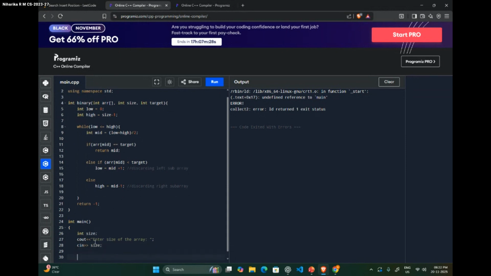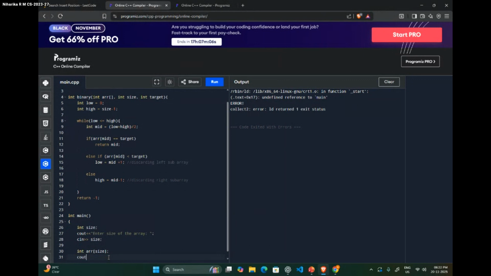And now we need an array, right? So now we'll initialize an array of size. Let the size of the array be size, because we already know the size of the array, so we will just initialize an array of the exact size that we need. Let's not waste space here.